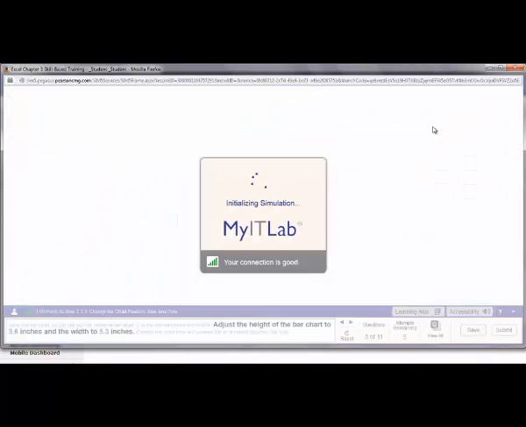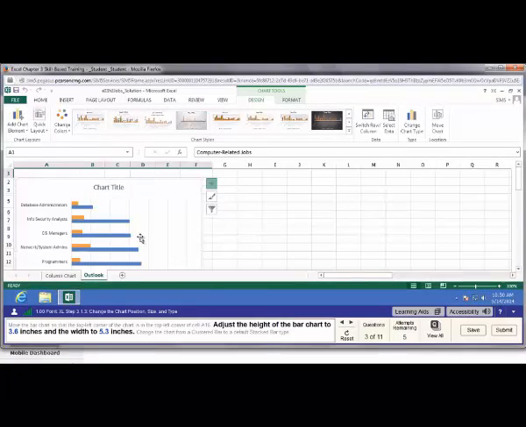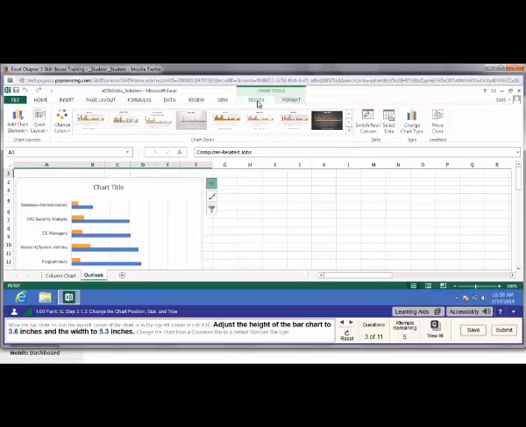Now my practice is complete, and I could go back to the assignment and do those steps now. I'd like to show you just one other item of the interface here that might happen. In this step, having watched the practice, if I go to do something other than what my actual steps are to be, for instance, I select the chart and I change the design,